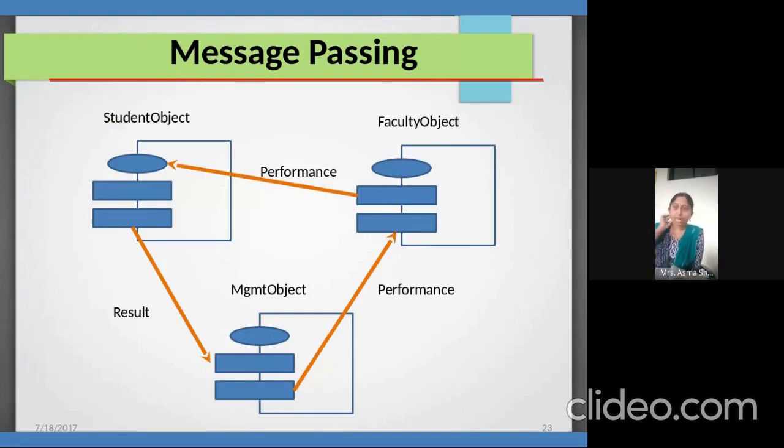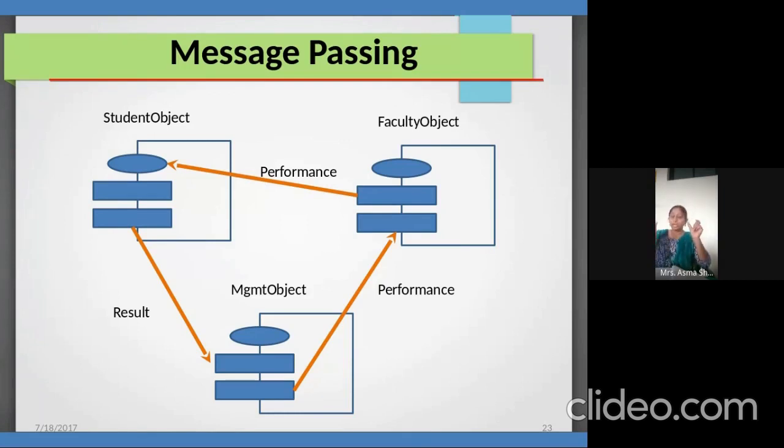If you see, this example is a message passing. We can see one object, I told you multiple times, has some relation with the other object. Like I told you, a student enrolls for a particular course.